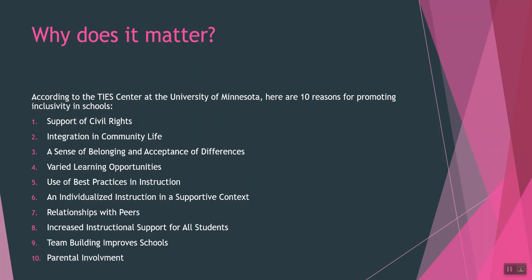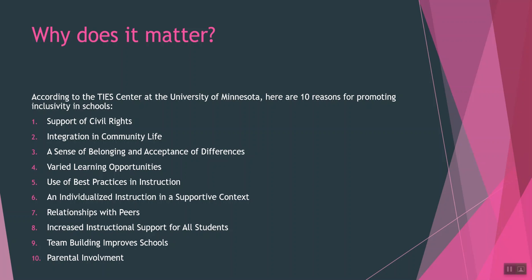Number 8, increased instructional support for all students. No two students are alike. Take the time to know them at the beginning of the school year. A great way to do this is by having families participate in an interest survey so you can learn about a student's life, not just about their academic needs. Another way to do this is by talking to teachers that have taught these students previously. But be careful with that one because teachers are not always as objective as they should be.